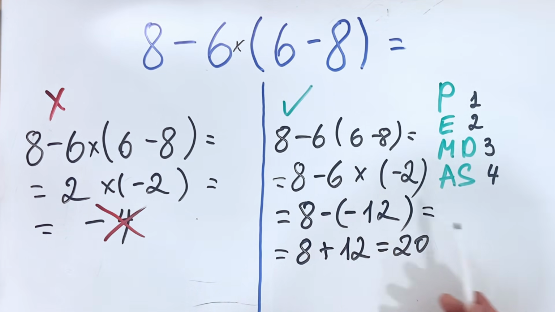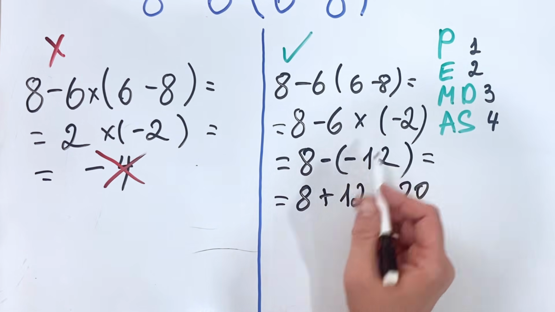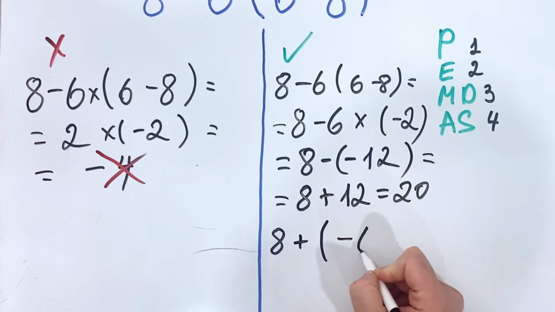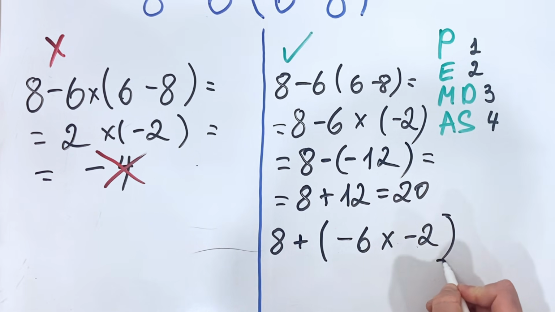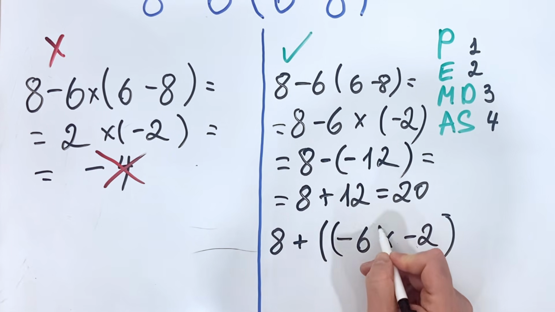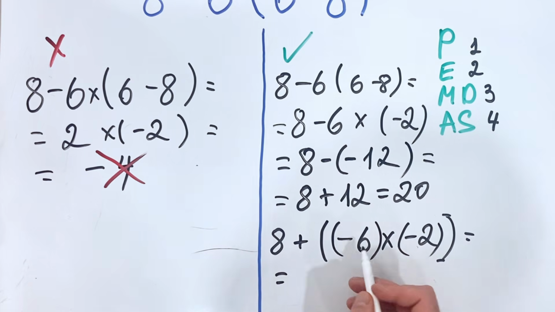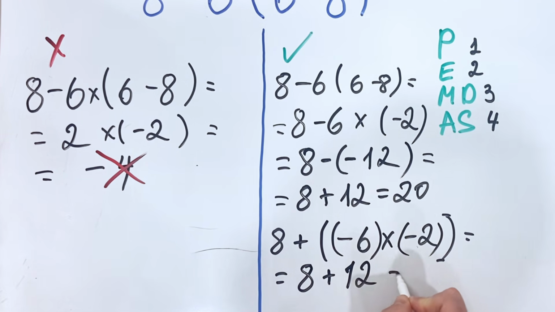Another solution would be to write this as a sum of two terms. So for example, we have 8 plus minus 6 multiplied by minus 2. Let's do it this way. And what we get is minus 6 multiplied by minus 2. We have minus and minus is plus. So we get the same 8 plus 12, which equals